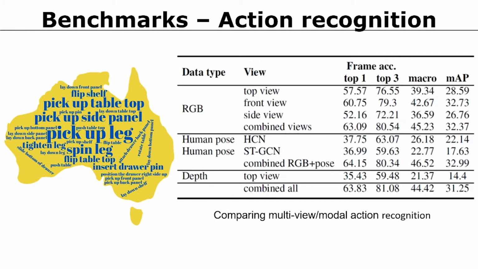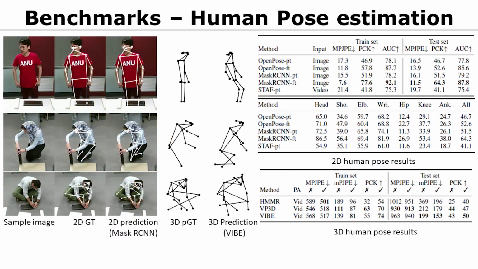We also evaluate the effect of using different modalities for making action predictions and inspect the different views, the depth, the human pose, and their combinations. The results show that combining RGB data with pose information yields the best result. For the human pose benchmark, we evaluate both 2D and 3D methods. We perform inference using pre-trained and fine-tuned models from the original papers. The results show that the dataset is very challenging for this task due to the complex and unique poses people